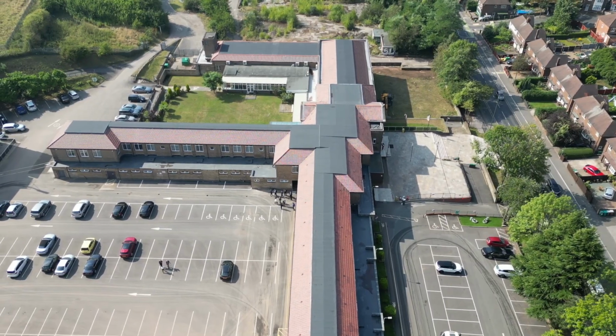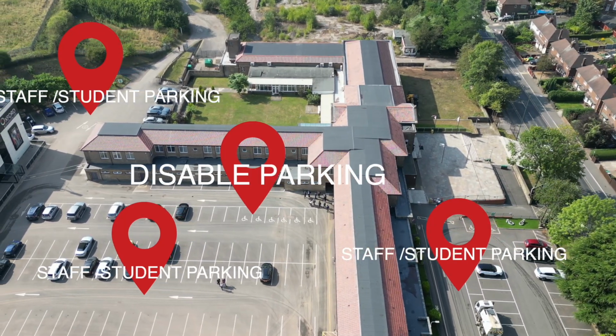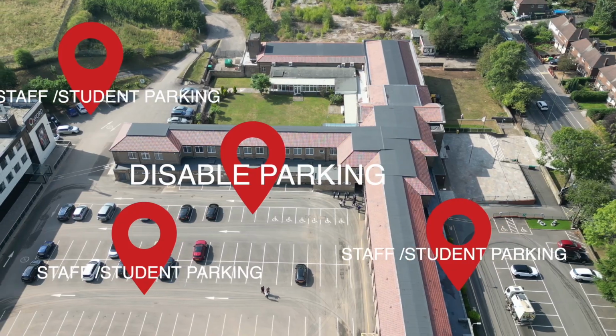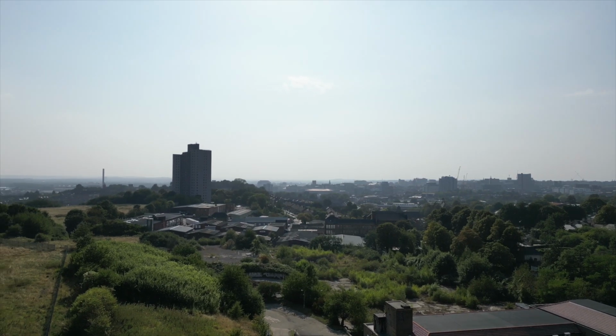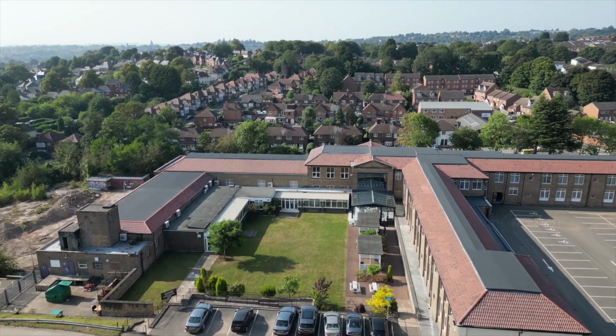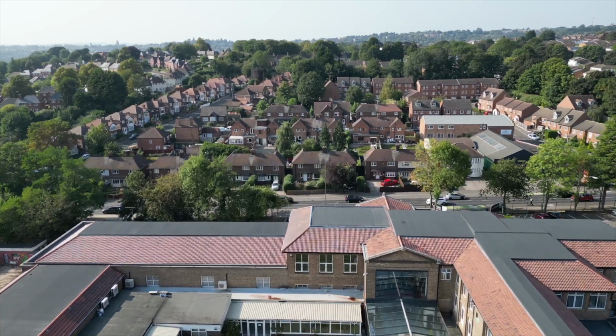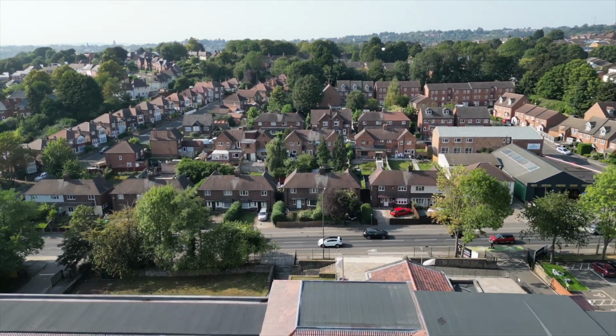The campus also boasts an ample amount of parking spaces. It is the largest campus of Oxford Business College, located close to the city centre and easily accessible by public transport. Situated on over 25 acres of land, the campus provides a wide range of amenities and facilities for the students